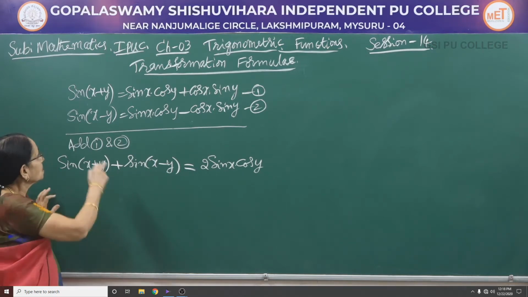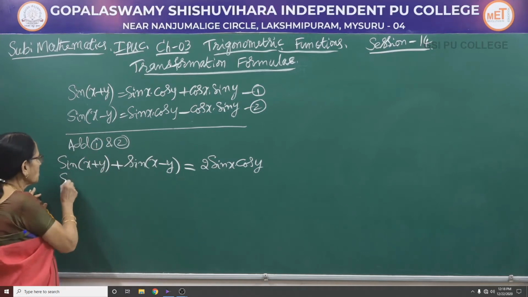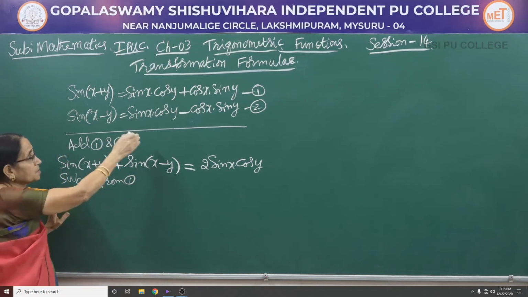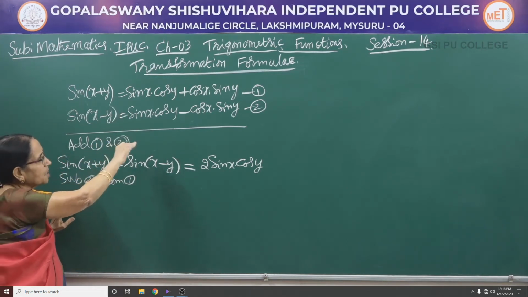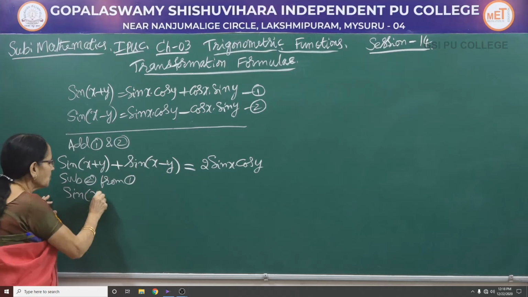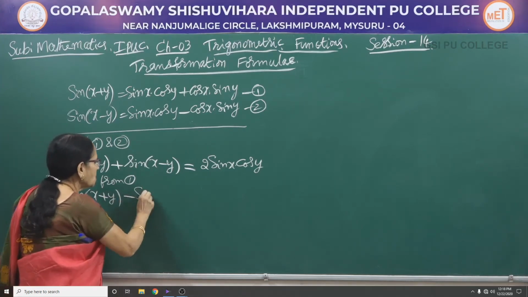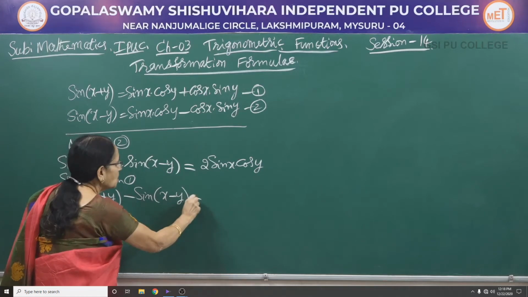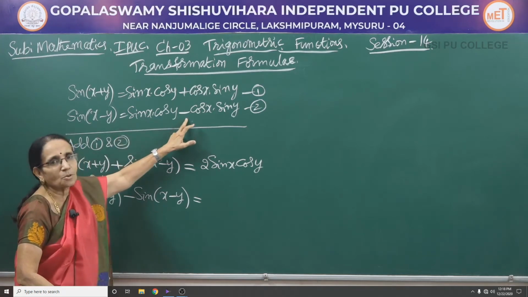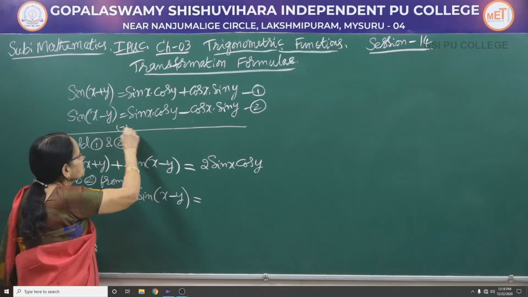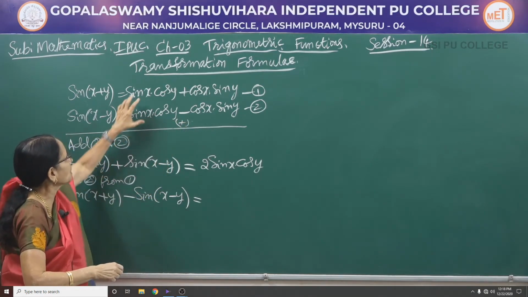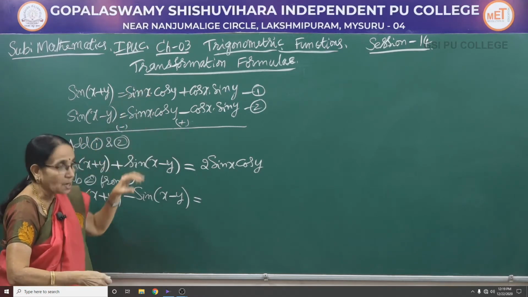Now, similarly, instead of adding 1 and 2, suppose I subtract 2 from 1. Subtract 2 from 1, that is the second from the first one. You know that when we subtract, the signs of the second line change, isn't it? So, left hand side is sin of x plus y minus sin of x minus y. Now, look at the right hand side. I am subtracting, which means this plus would become minus, this minus would become plus. Usually we write like this, though it is not necessary, for our convenience we write like this. So, this is plus and this is minus. These two terms would get cancelled.